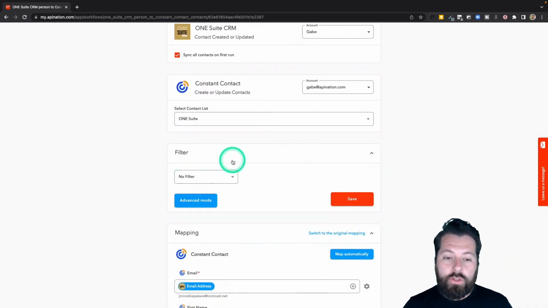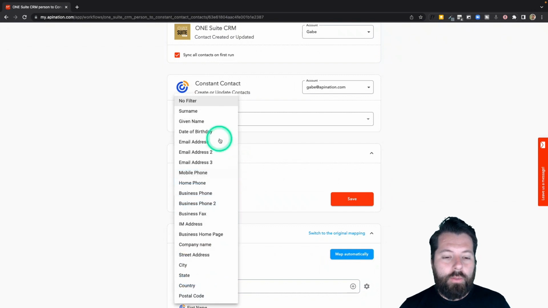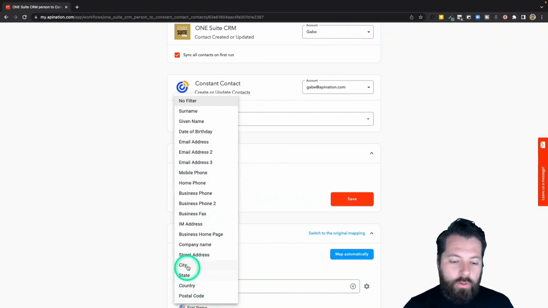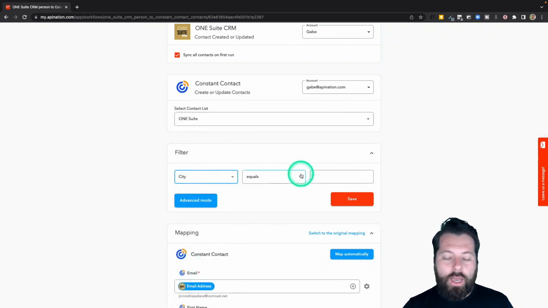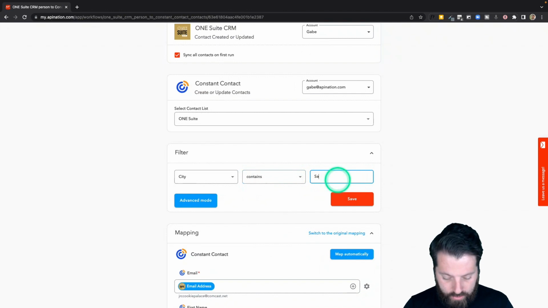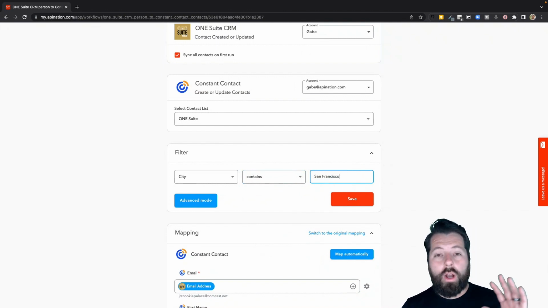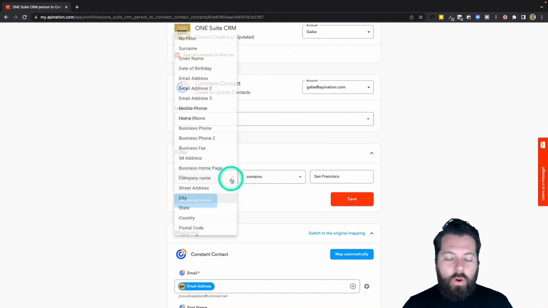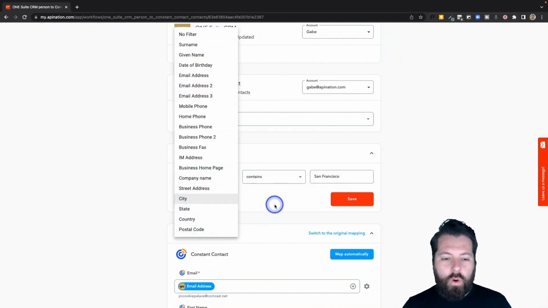There's a filter tool if I want to filter exactly who's coming over. Maybe I want to filter based on a city or postal code. Maybe I'm focused on an email newsletter for people who are in San Francisco. I could do that, and then only people who are labeled San Francisco in OneSuite are going to get synced into this list. Or, I could do it by zip code or country or any of these fields coming over